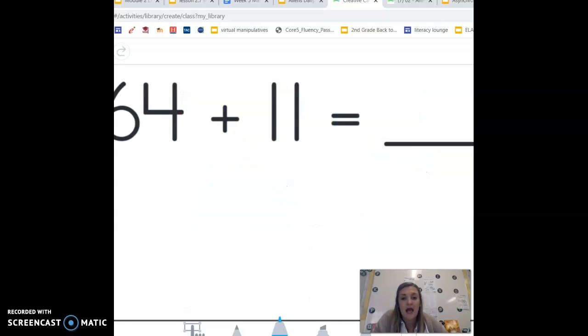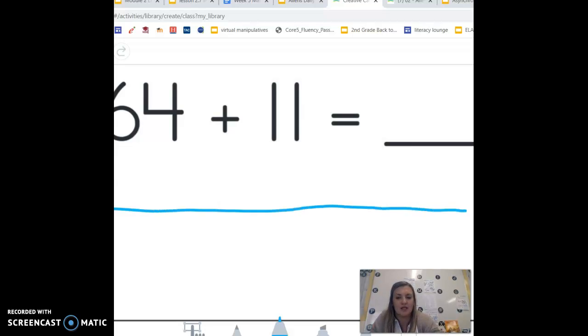Okay, so now you can see we have 64 plus 11. I'm going to draw my number line up a little bit higher so that it's easier to work with. And remember, I want to start with my bigger number and then count on. Notice that this is an open number line that we are working with. It doesn't have a starting place, so I can start anywhere I want to. I'm going to start at the beginning to give myself plenty of room, and I'm just going to label it